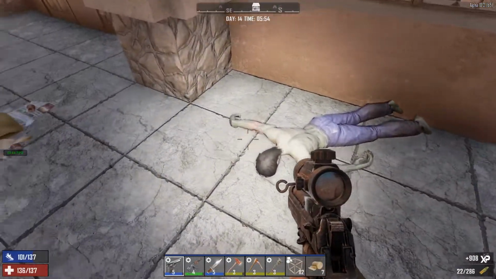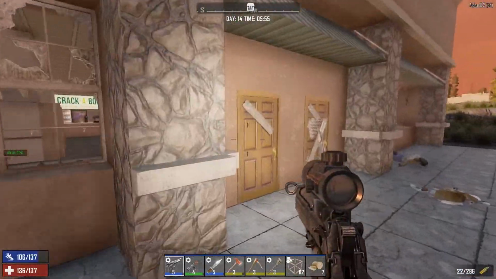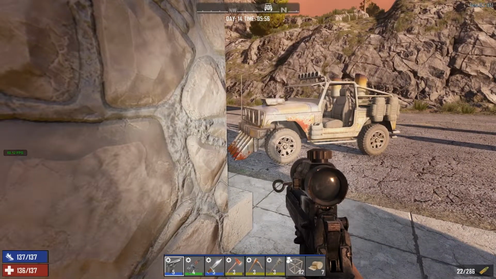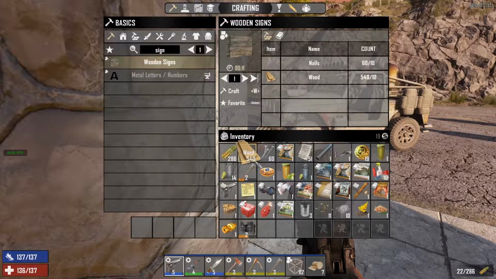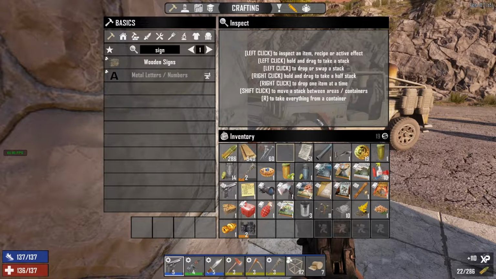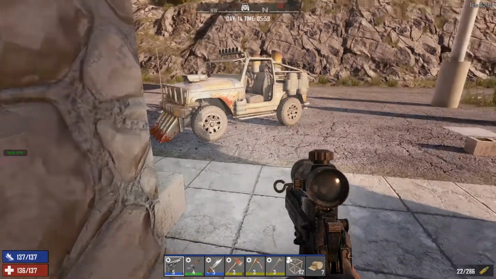You tried very hard. Okay, let's go and read these books. I'm not even paying attention to the time. Okay, yikes. Pistol Pete Volume 4. Try your weapon fall apart. This trick will keep them from degrading so fast. Oh, that's gonna be nice. Okay, Night Stalker. Thief Adrenaline. At night when the adrenaline...